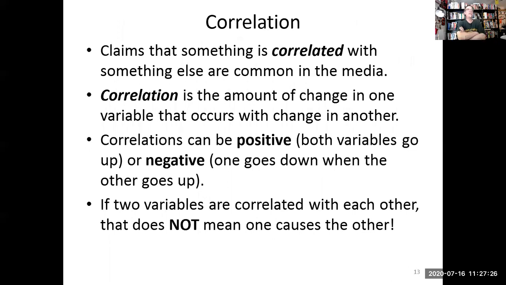Correlation is often confused with causation. Things can be correlated, but they're both caused by something else. The one doesn't cause the other. Correlation just means one goes up, the other goes up, or whenever one of these variables, these features goes up, the other always goes down. And again, in social sciences, it's not going to be absolute. So you evaluate these